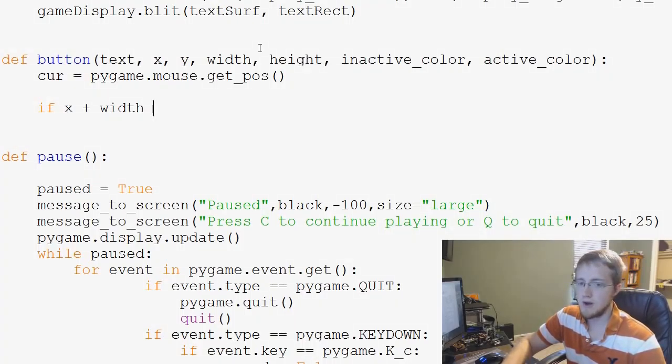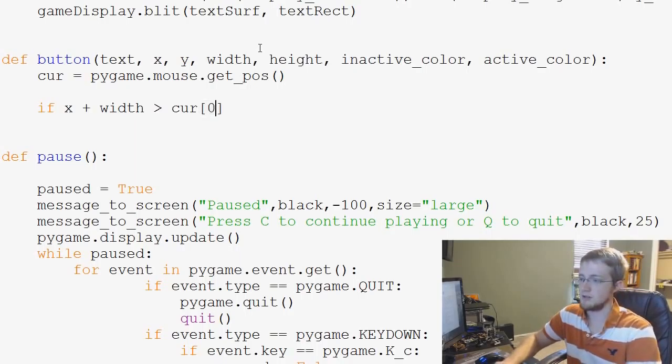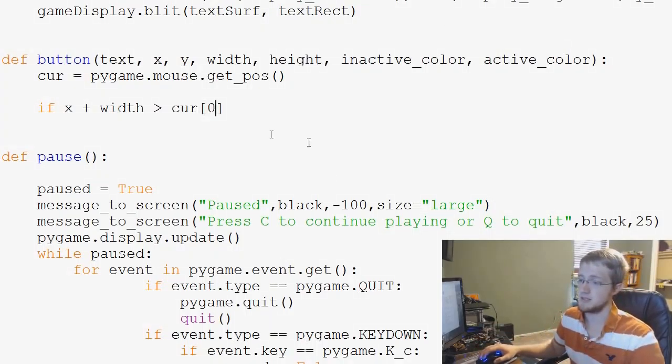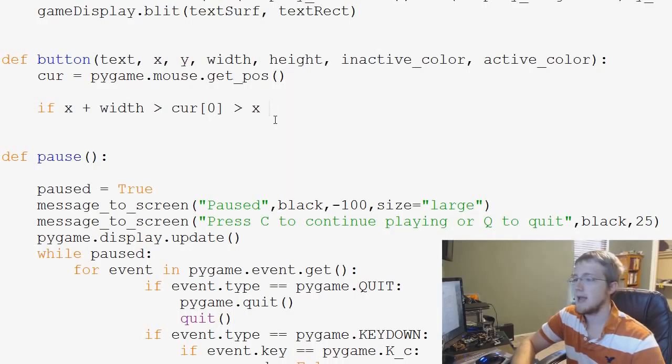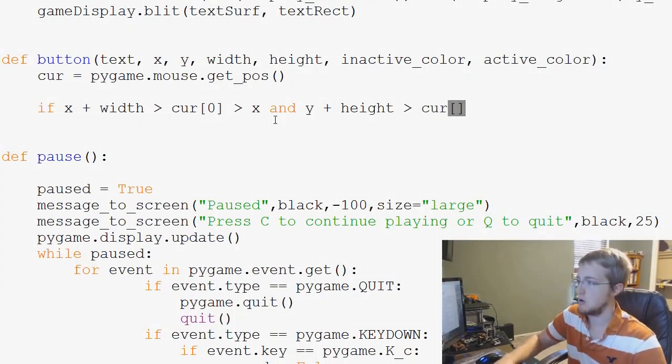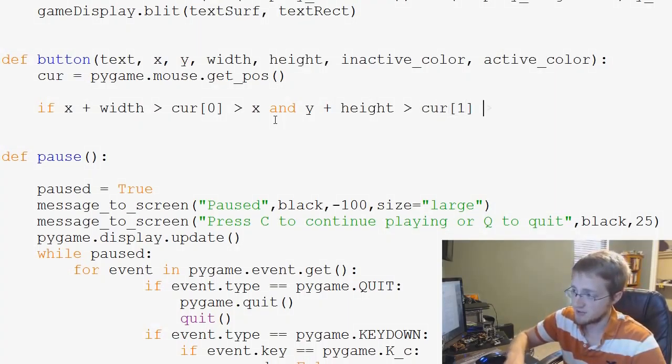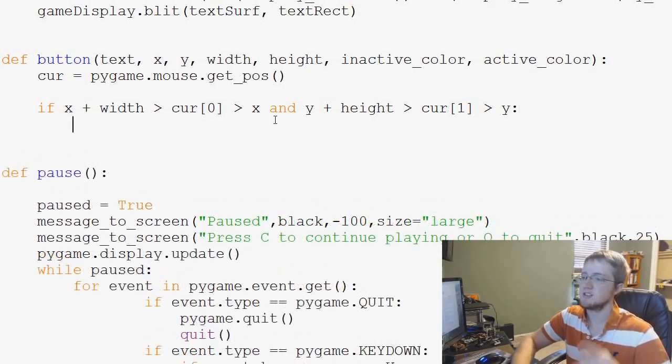is greater than the cur 0, so the x value of wherever our mouse is, while cur 0 is simultaneously greater than just x, and y plus height is greater than cur 1, which is simultaneously greater than just straight y, if all of those are the case, then what we do is we do